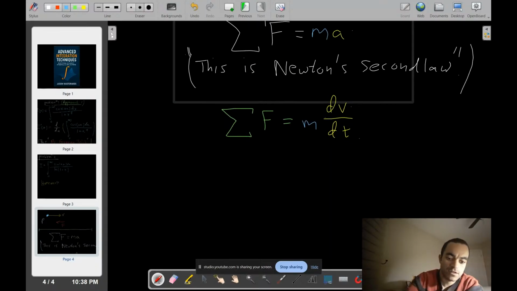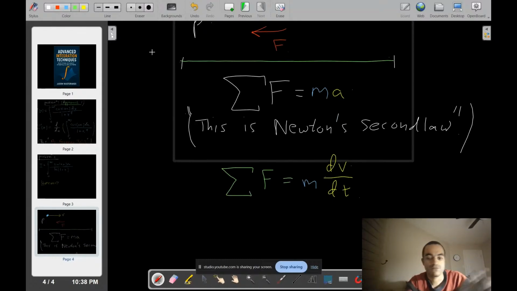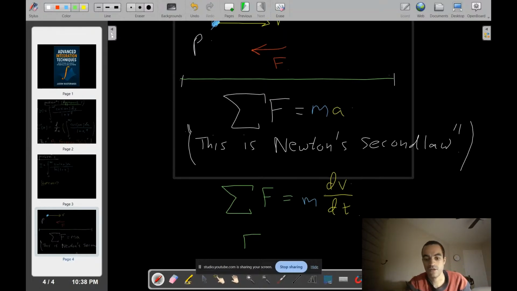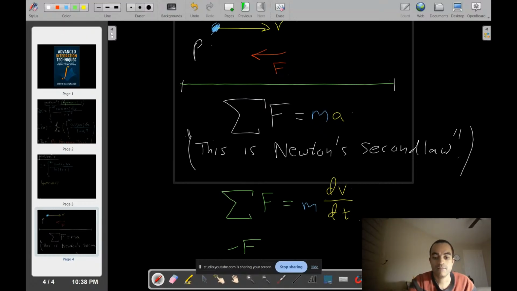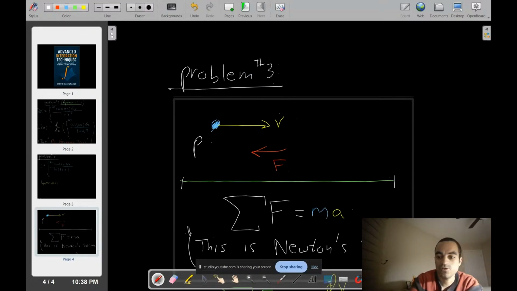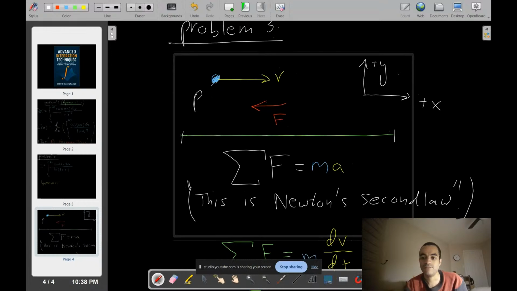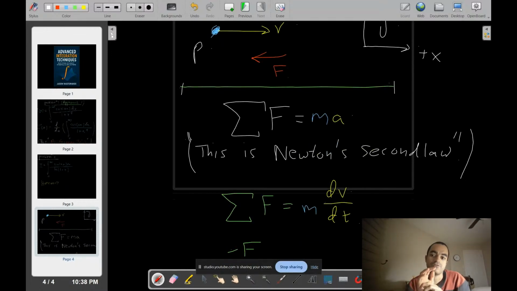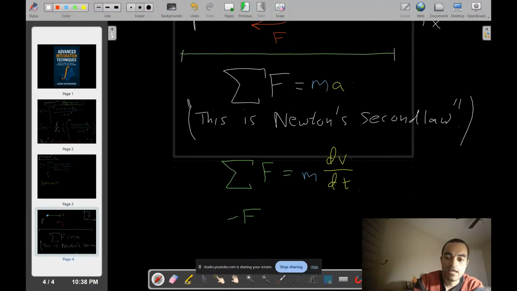Now what I can do here is sum of all forces acting on the particle. There's only one force, F. So I'm calling this F. F is going in the opposite direction, so it's going to be negative. By the way, it's good to always direct which way will be positive and negative. This is positive x to the right, upwards is positive y. So left will be negative. Anything to the left in the x direction will be negative, so the force is negative, so negative F. And then this will be equal to m dv/dt.